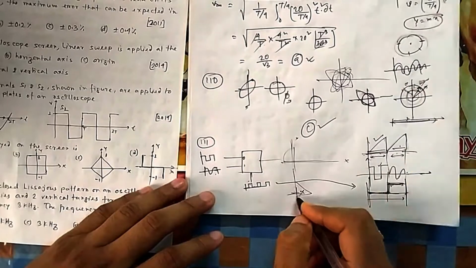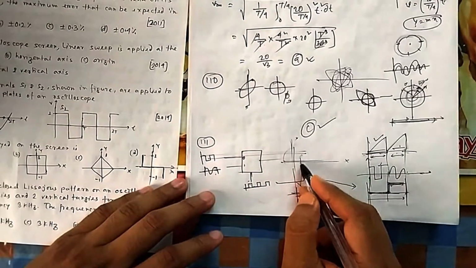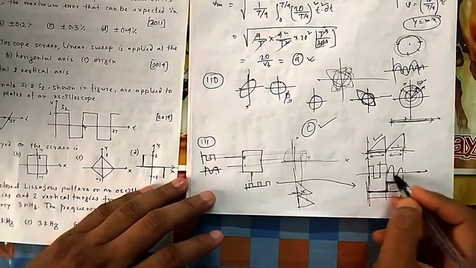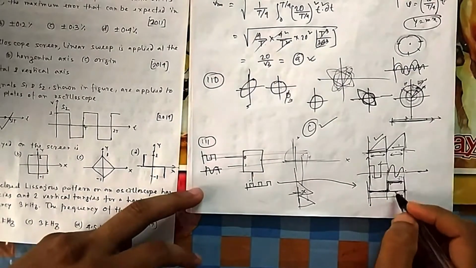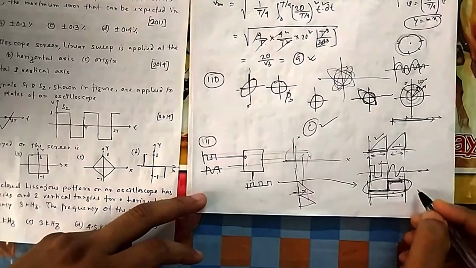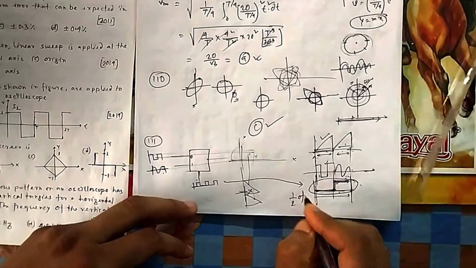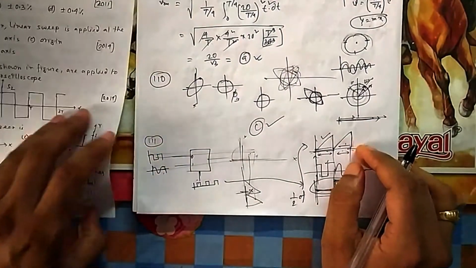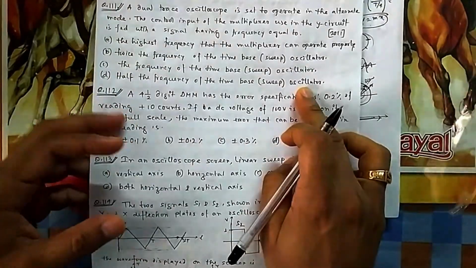This is your X. This is your X. Accordingly for X, this will come in the 0. Next X, this will come. So you will find both of these simultaneously on the screen. So that is the idea. That means the clock input frequency should be half of your time sweep, the time sweep that you give on the horizontal axis. That is always a linear sweep. So that's why it will be half of the frequency of the time base sweep of the oscilloscope.